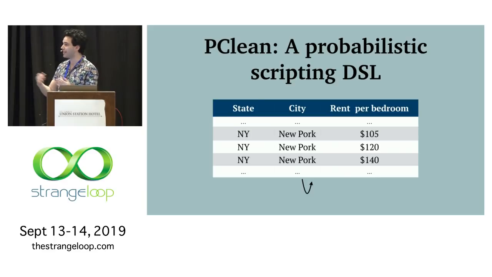On the other hand, if we have several rows called Newport, and the rents are very low, now the calculus kind of changes, because on the one hand, it can consider the possibility that all of these people made the same typo, and that they somehow all happen to be the ones who got the cheapest rents in New York. Or it can consider that there actually is a small city called Newport in New York that has cheap rents. And in this case, it will prefer the second hypothesis. And none of this came from us explicitly coding these heuristics in.